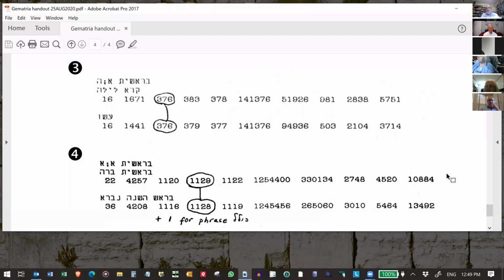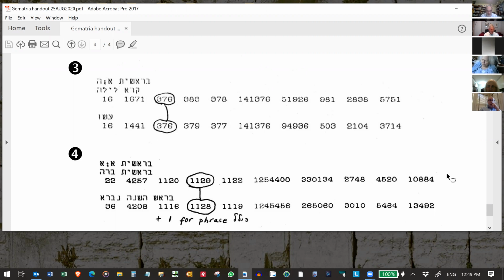So this is how my whole analysis started, because I was always interested in Gematria, and I said I'd read through the Baal HaTurim, and from time to time I'd sit down with a pencil and paper or a calculator, and then it was mostly pen and paper, I guess, and I'd try to see if the Gematrias work, and sometimes they didn't work. But here we have, with the phrase Kolel, where it works. In other words, one's 1129, one's 1128, but they don't match at any other number.